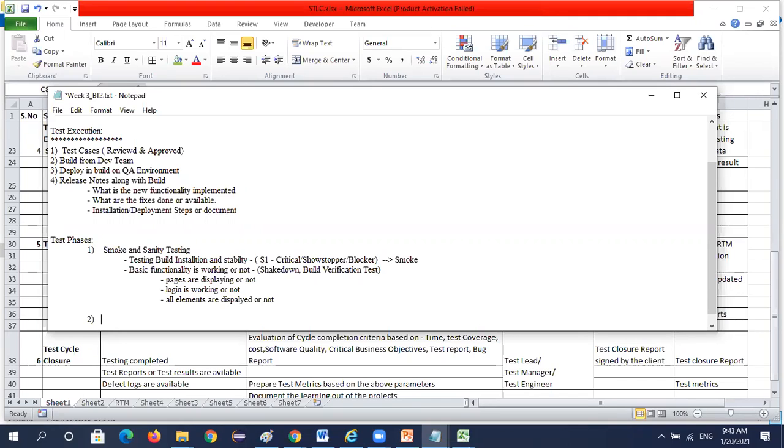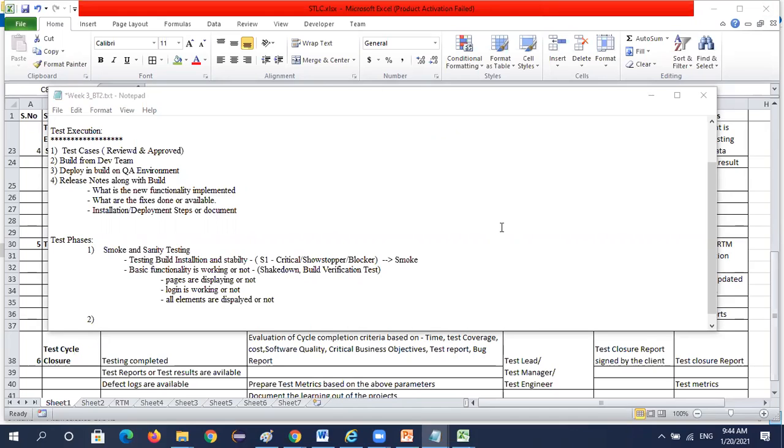I think instead of spending a lot of time and energy testing the module thoroughly, it's a quick check to make sure that the module is worth testing. So if, as you said, there is a showstopper, then all the team need not be busy testing it. It has to go back.